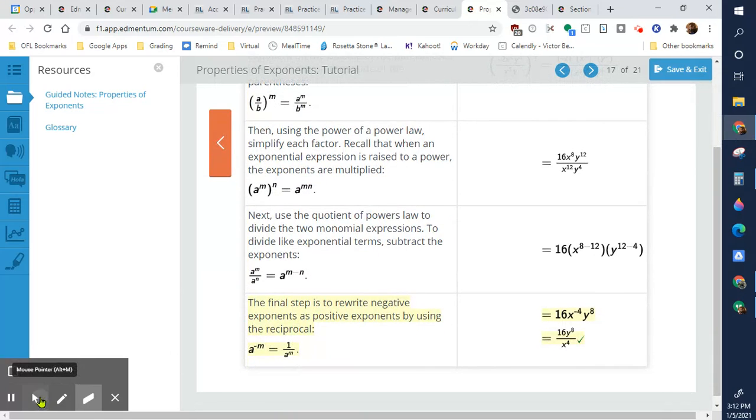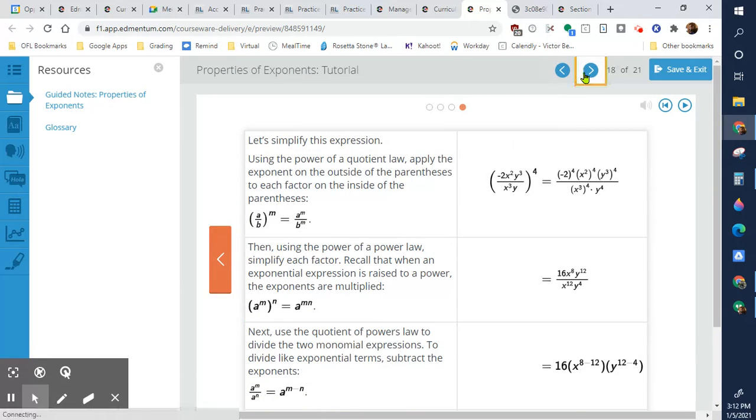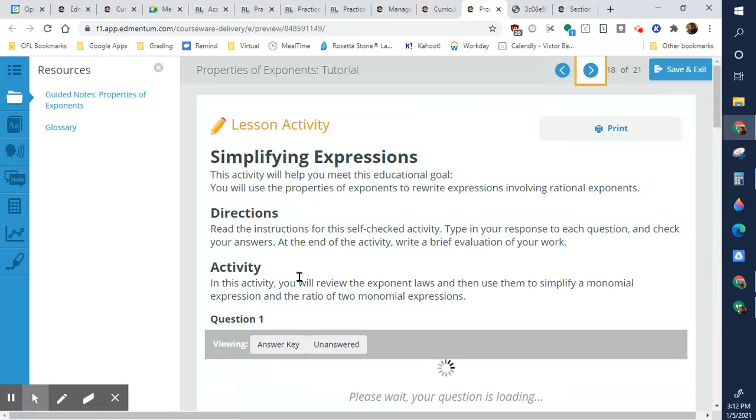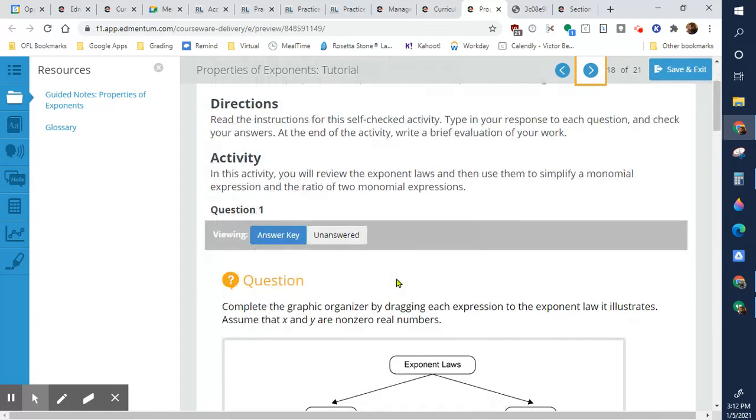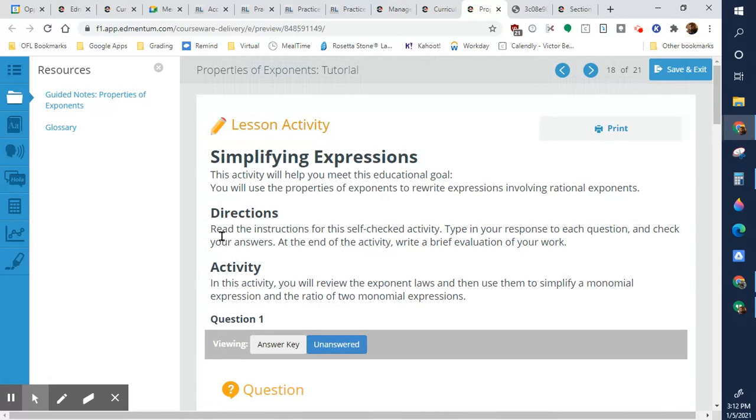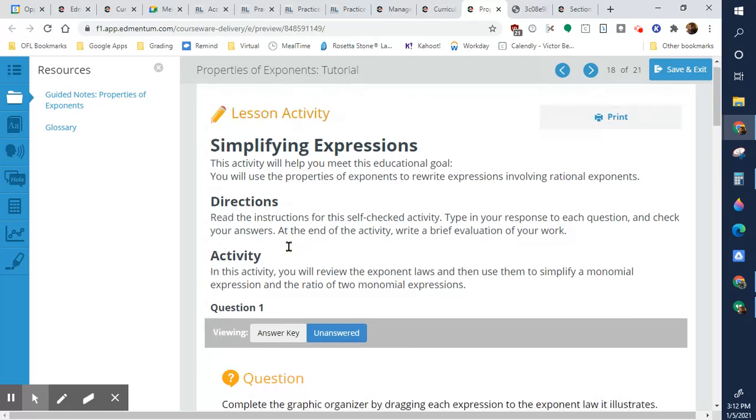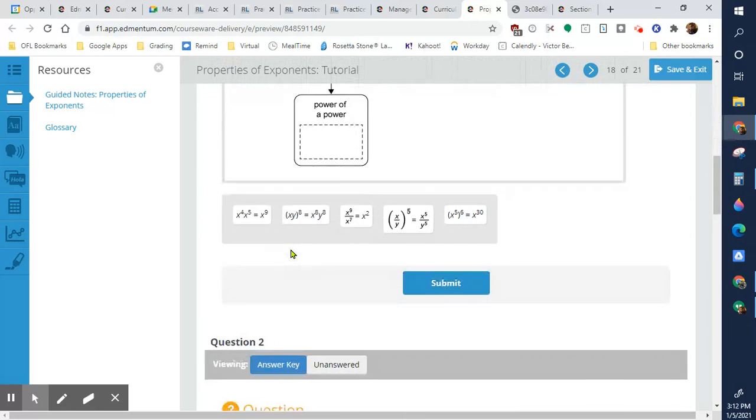All right, so next one is we're going to do simplifying expressions here. So let's take a look at this. Let me put the unanswered one. So we need to read the instructions and drag. So we're going to be dragging a lot of stuff here. All right, so